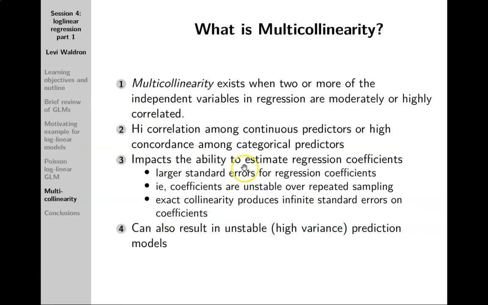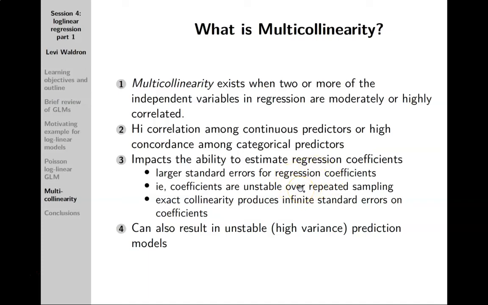And it impacts the ability to estimate regression coefficients in the form of seeing larger standard errors, meaning that those coefficients are unstable over repeated sampling. And you're also less likely to see a significant association between your predictors and the outcome because of this instability